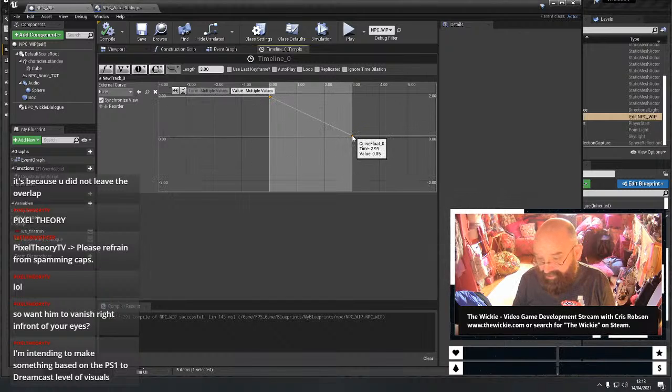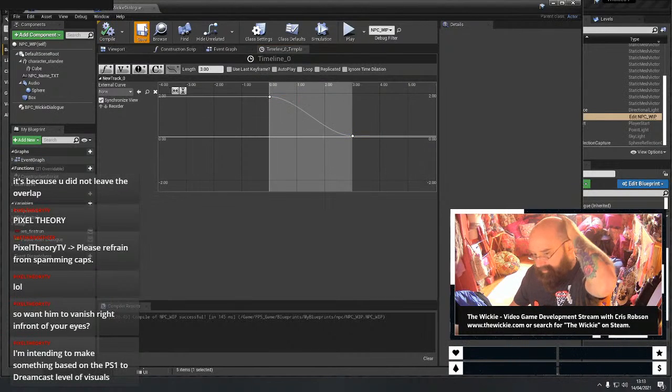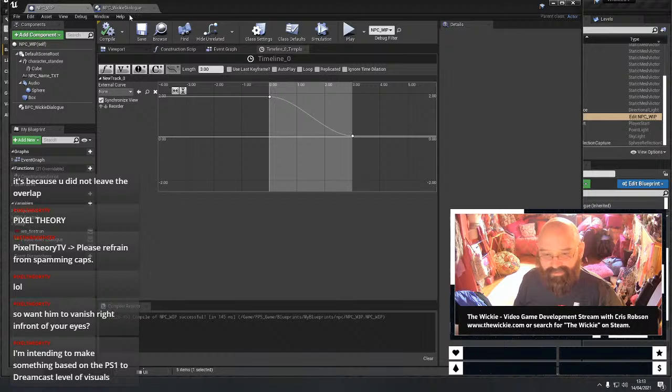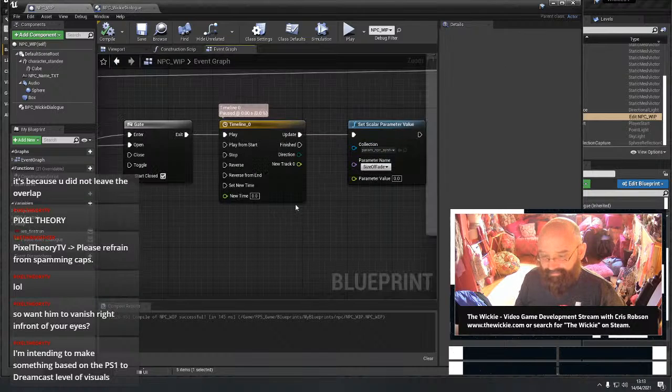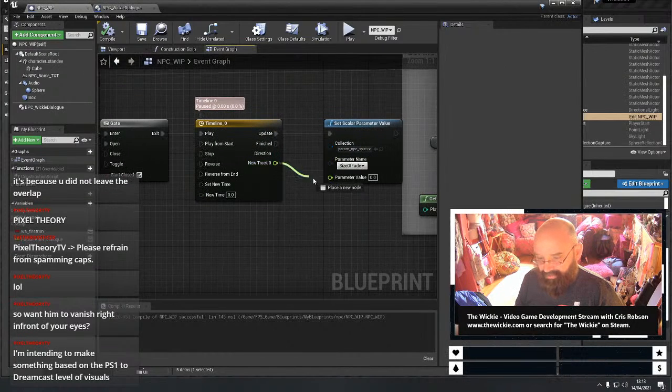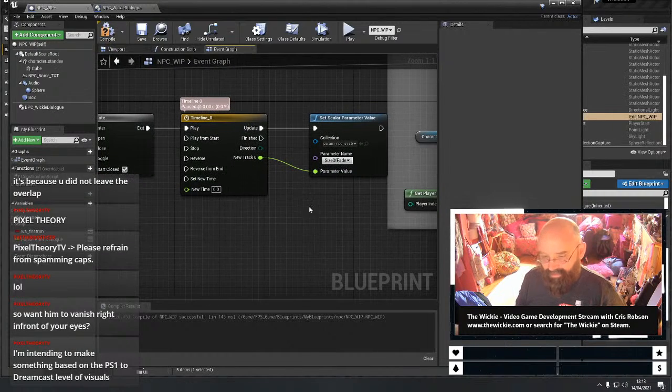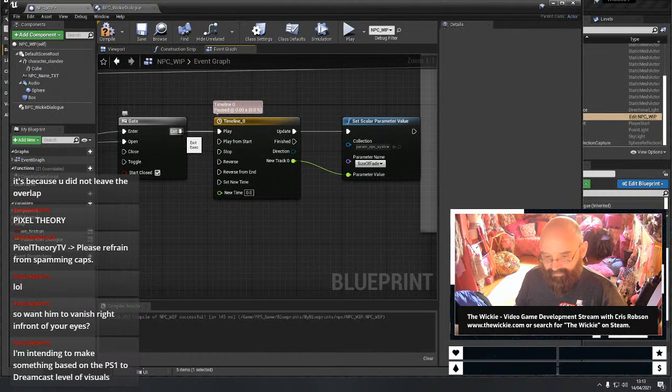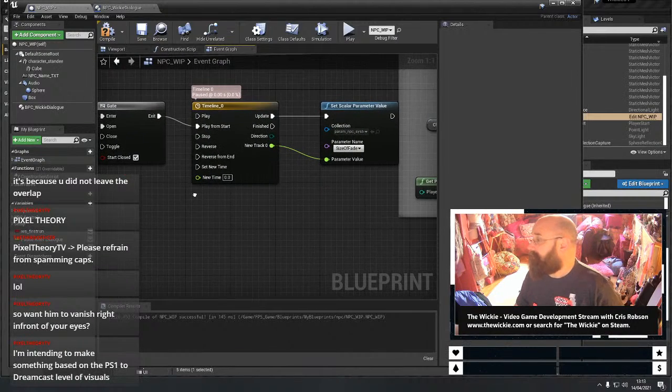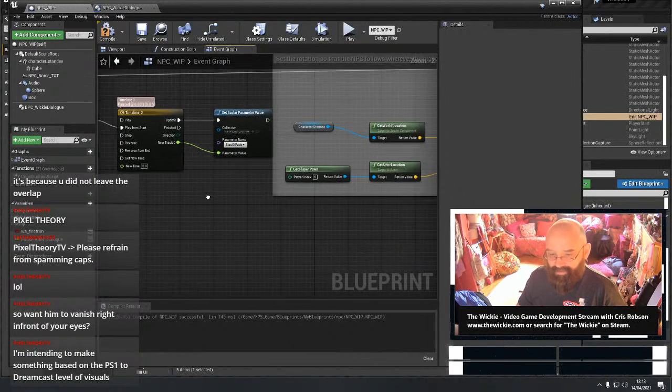And then I'm going to change the keys on this to auto, just give me a little bit of curve. Smooth in, smooth out. Right, so close that down, and I've got my new track 0 here, which I shall feed into set scalar. Okay, from the gate, play from start, I suppose. There we go. Okay, now when it's finished,